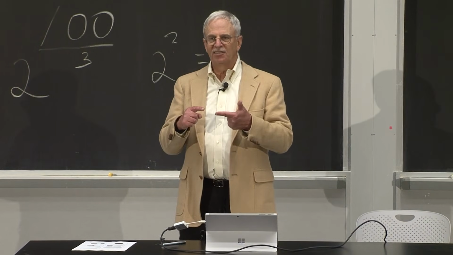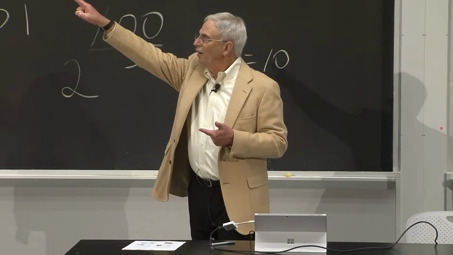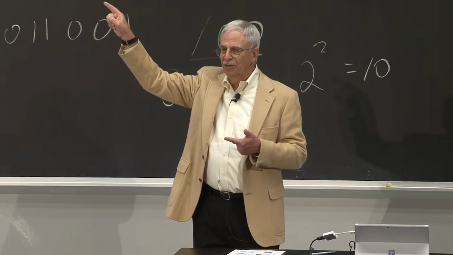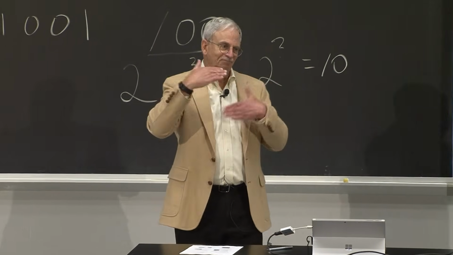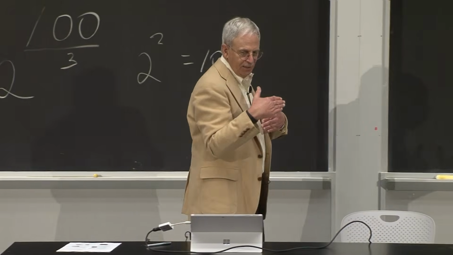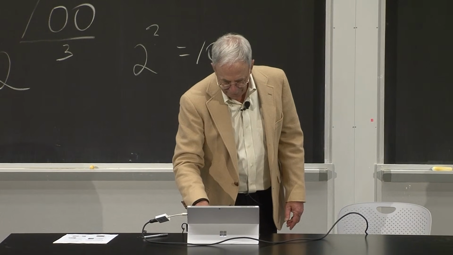What lambda does is it builds a function that evaluates that expression on those parameters and returns the result of evaluating the expression. So instead of writing def, I have inline defined a function. So if we go back to it here,